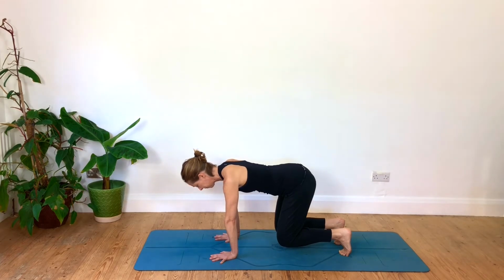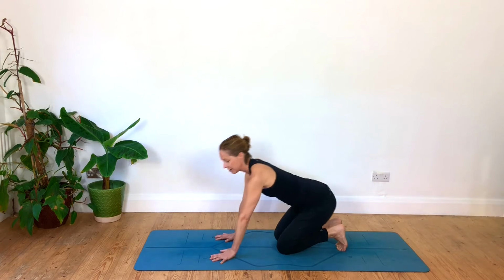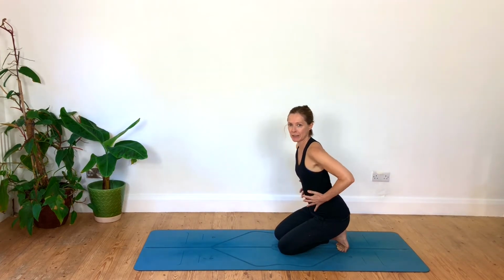6, 5, relaxing around your face for 4, 3, 2, and 1, lowering down. Taking a breather and just reflecting on how that really ramps up the intensity of sensations